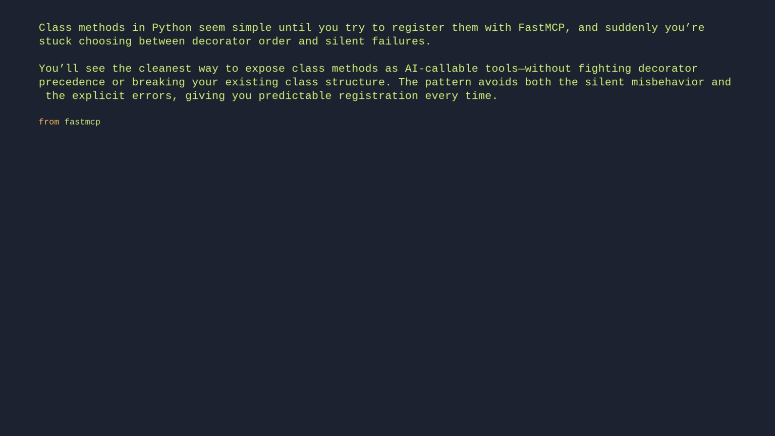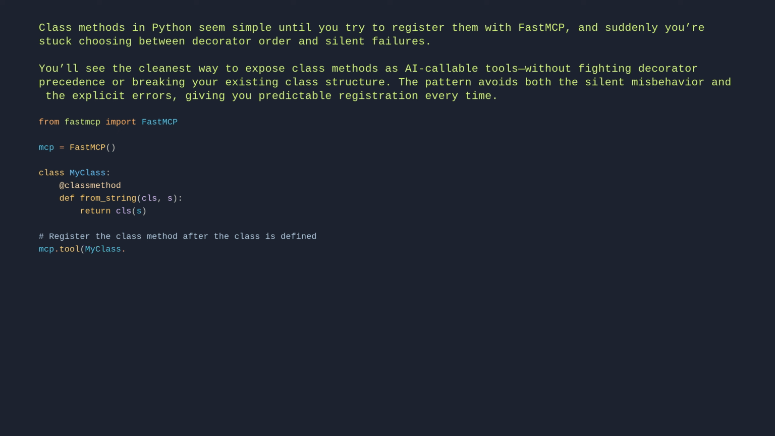from fastmcp import FastMCP. mcp = FastMCP. class MyClass: @classmethod def from_string(cls, s): return cls(s). # register the class method after the class is defined. mcp.tool(MyClass.from_string)